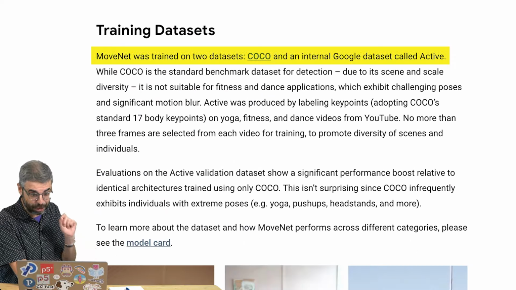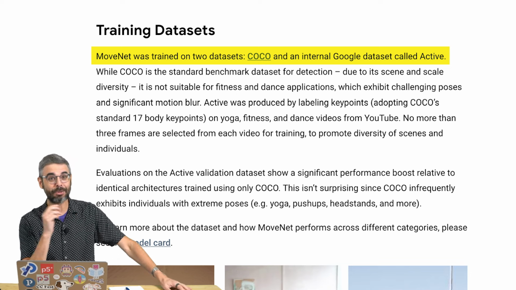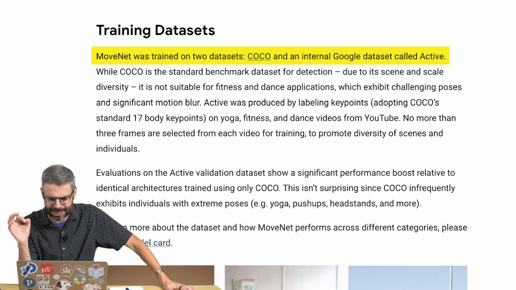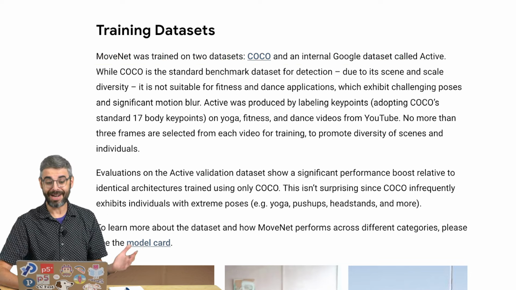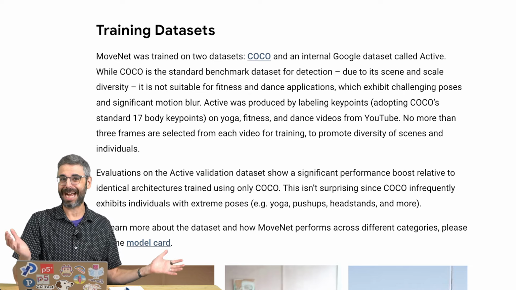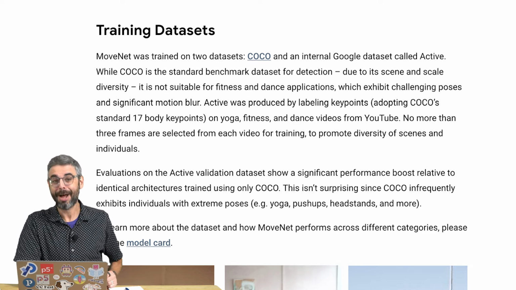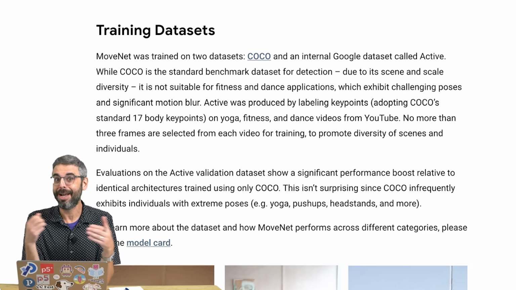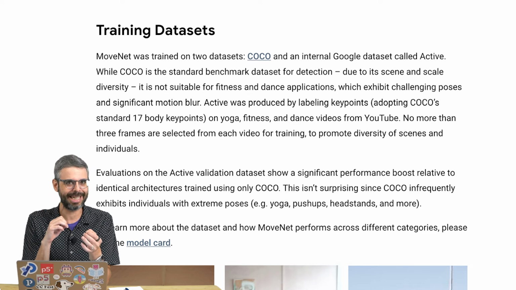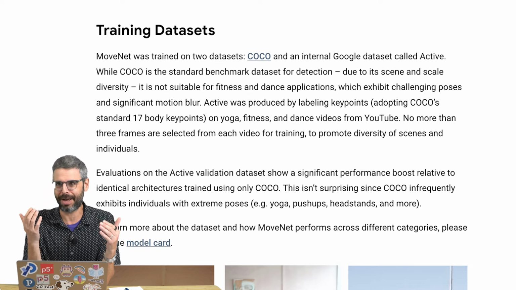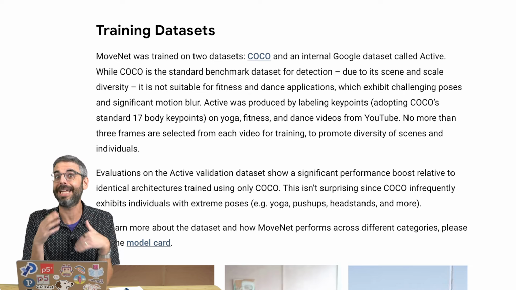You can see here, it used two data sets, COCO, as well as an internal Google data set called Active. I can't find any information online about this Active data set to be able to look at it in more detail. If you can, please let me know in the comments. But this is not so uncommon to find a pre-trained model that is open source on some level in terms of how it works, but not necessarily making easily available all of the details about what data was used to